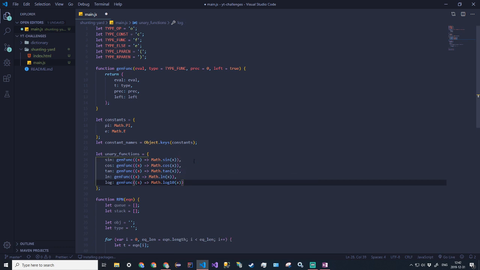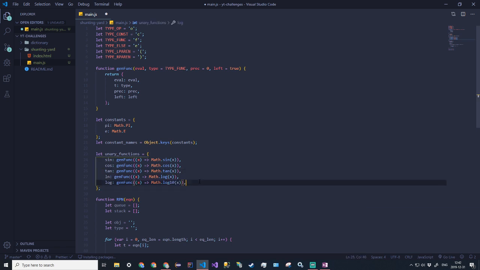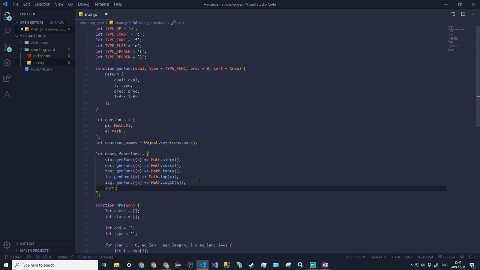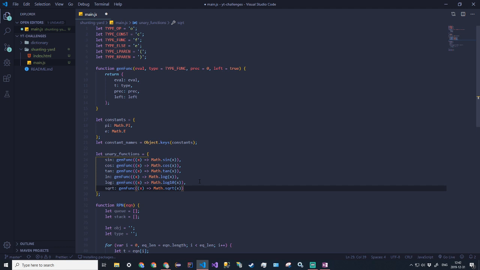X. Oh, you know what? ln is actually not a thing. This has to be math.log. And the math.log actually goes to the natural logarithm, so base e. And then the last thing we'll do is just square root. So sqrt becomes gen func, pass an x, and return math dot sqrt of x, like so. So that's a couple of unary functions, and now we'll do all of the binary functions, which is 8, I